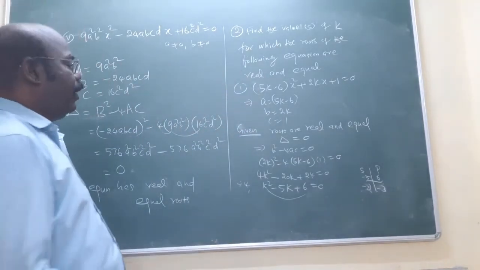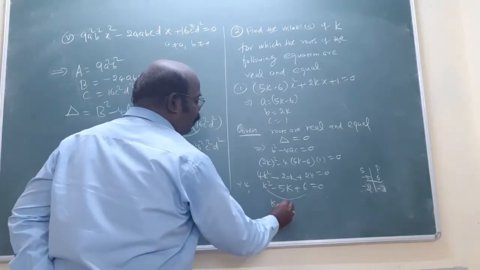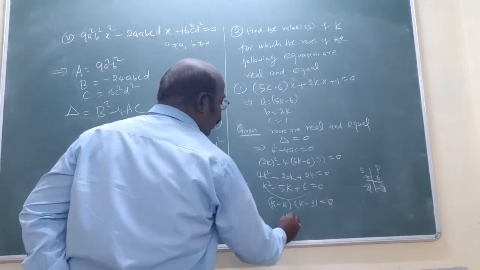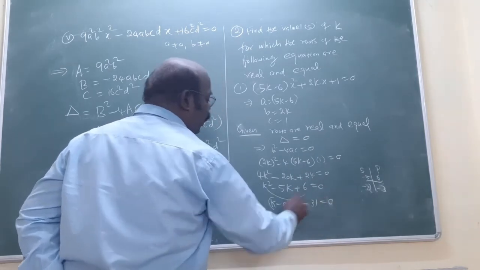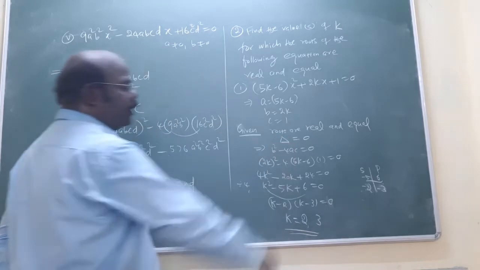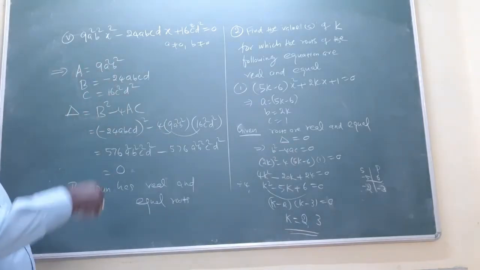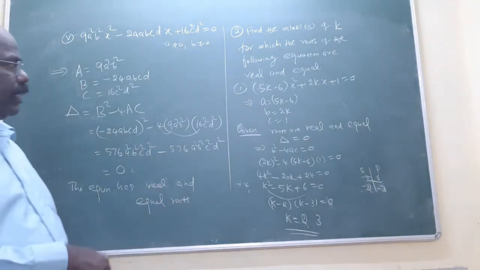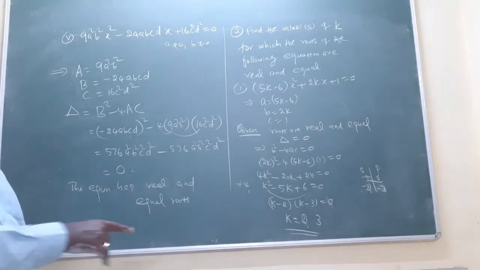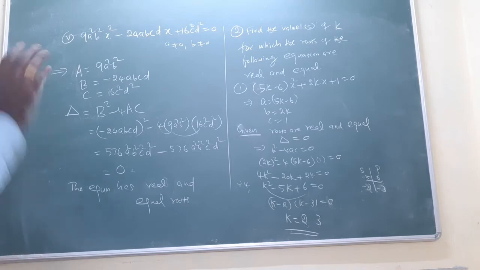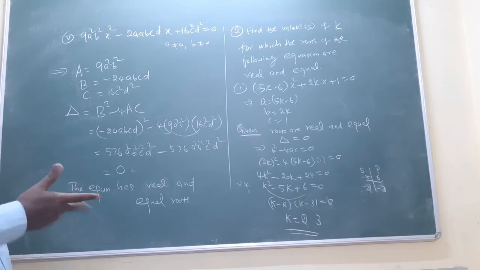Adding both gives minus 5. So your answer is (k minus 2)(k minus 3) equal to 0. k minus 2 equal to 0 means k equal to 2, and k minus 3 equal to 0 means k equal to 3. This is the answer. This type of question is a 2 mark question; when some lengthy calculation comes in, it is a 5 mark question. In this exercise, important 5 mark questions are also there. The concept is the same, but the calculations are somewhat lengthy. Easy concept: the roots are real and equal is given, so delta is 0, b square minus 4ac is 0. Substitute all the values and you will find k.